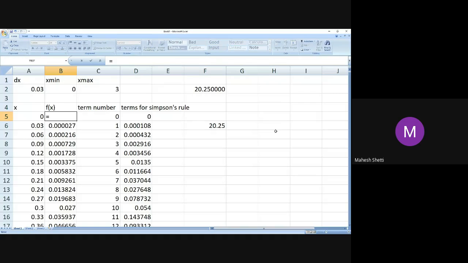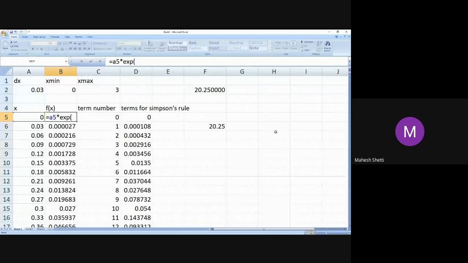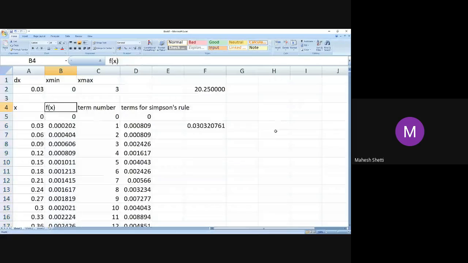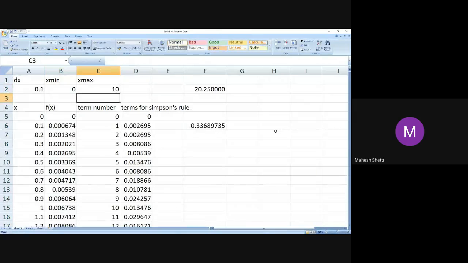Say, for example, I consider again that A5 times e raised to minus A5. That is x e raised to minus x function. Okay. And I wanted to go up to say 10. So x e raised to minus x, 0 to 10, and this is the answer. Sorry, a raised to minus a5 it is. Okay. The answer was supposed to be 1, right?